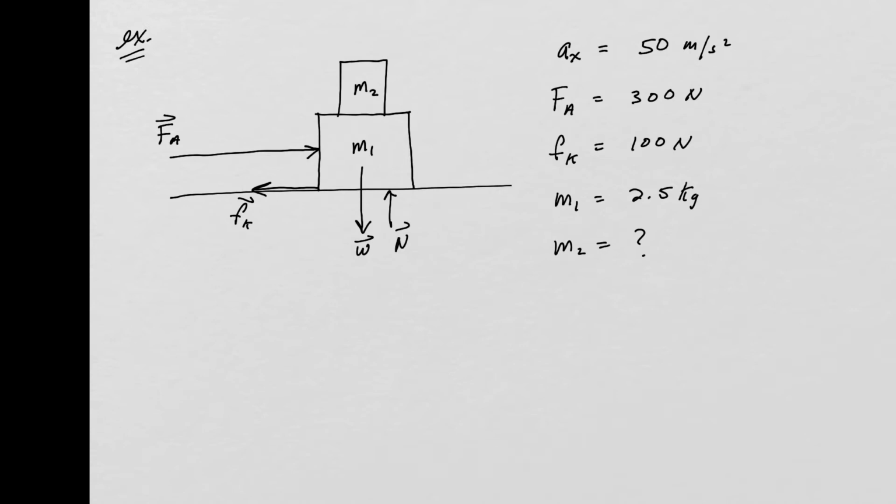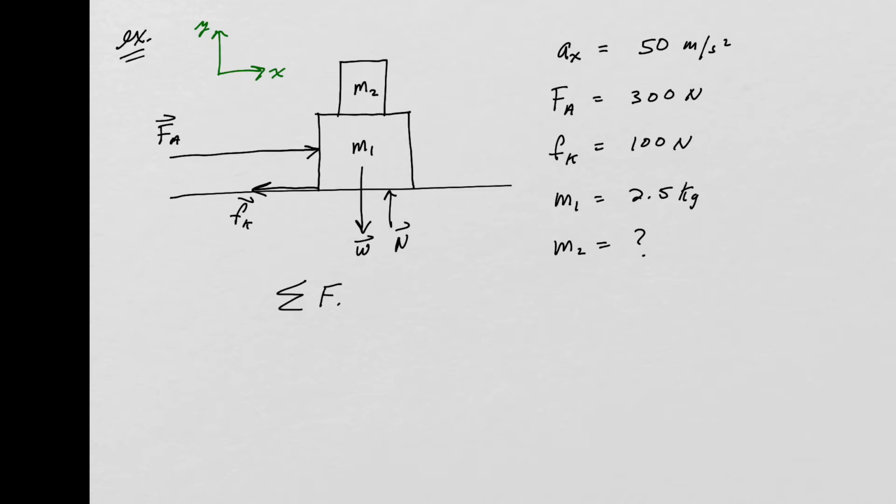Okay, so we're going to use Newton's second law. We need to have a coordinate system. Well, probably we would use a standard coordinate system where x is to the right and y is vertically upward. It turns out because we're given the kinetic frictional force, we don't even need to worry about the y direction, only the x direction. So using Newton's second law in the x direction, I have the sum of the forces